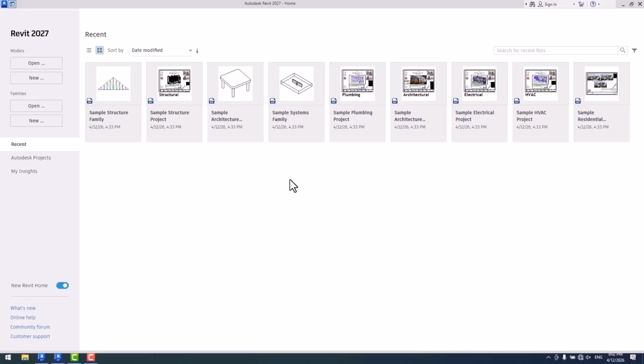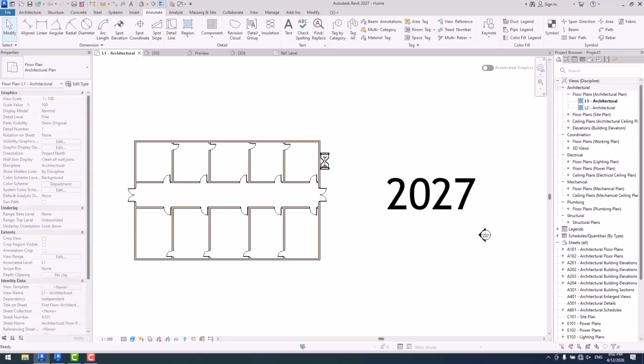Welcome everyone. Let us talk about the new features that we got in Revit 2027. Now we can find the first feature within our welcome page, guys. Here we have this new sample file called the sample residential. When we enter it, we would immediately realize that for this sample project, we have access to